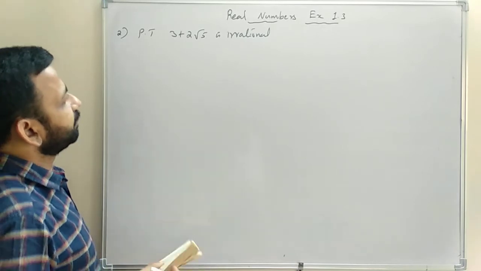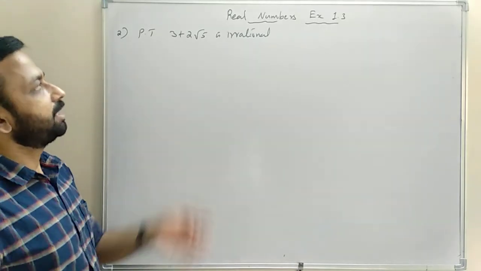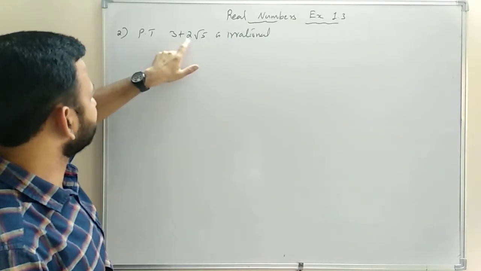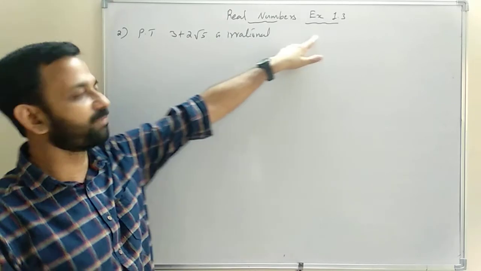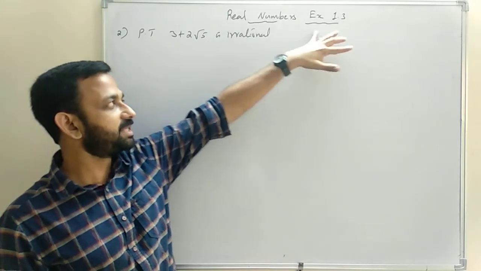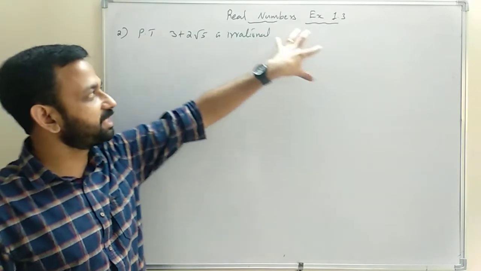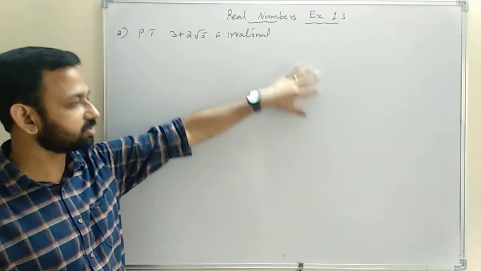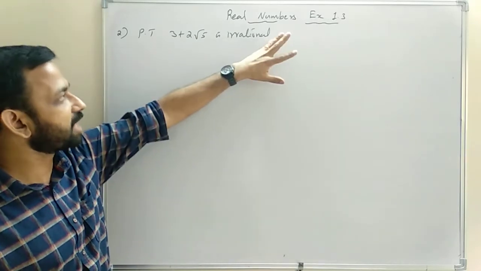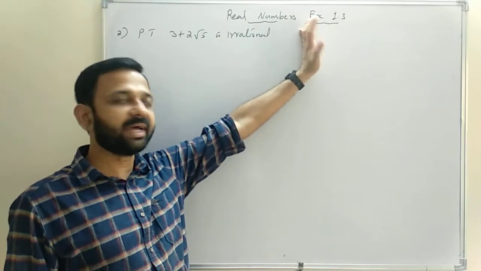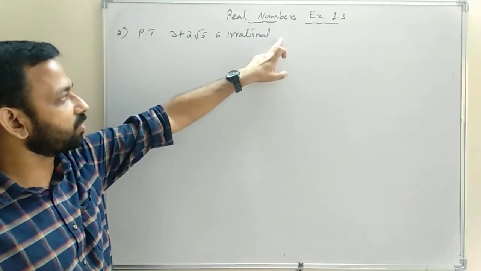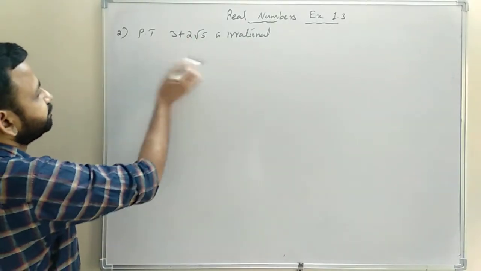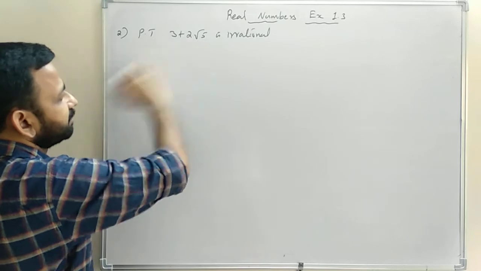And here, when we get this question in the exam, it may be given that root 5 is irrational. That question may be: prove that 3 plus 2 root 5 is irrational, if root 5 is irrational. So if it is given, then no need to show that root 5 is irrational, because we already proved it. And that depends on the marks of the question. If it is not mentioned, and if it is a 4-mark question, then only we will prove root 5 is irrational. So right now, no need to prove it. We need to prove 3 plus 2 root 5 is irrational.